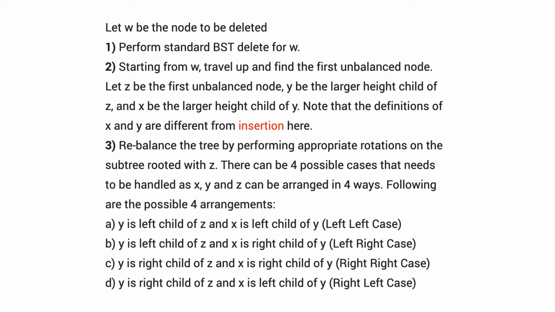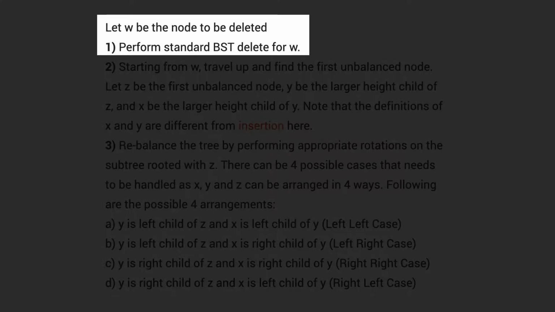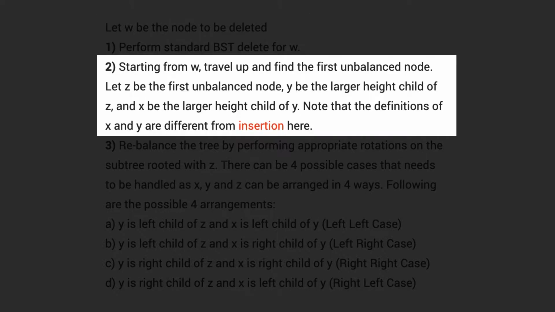So now we will see how to delete an element in an AVL tree. The algorithm is this: we will assume that W is the node that is to be deleted. We'll perform a normal deletion for this W, like we did for a binary search tree. Then, starting from W, we will travel up and find the first node Z such that this Z